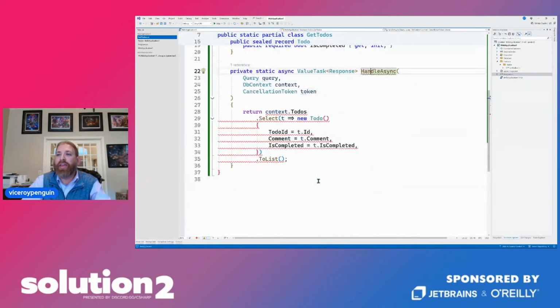Well, the async is not there because this is just a JSON thing that returns IEnumerable. It doesn't have an async, and the autocomplete didn't work because I didn't have